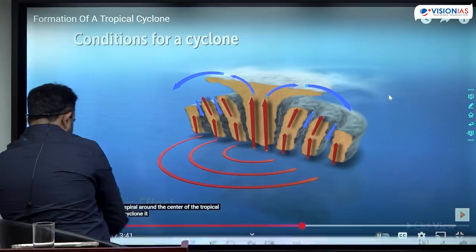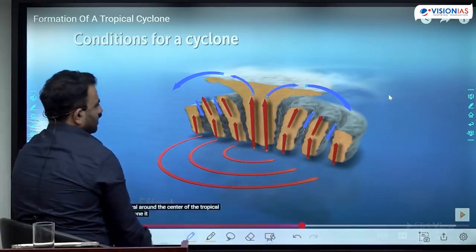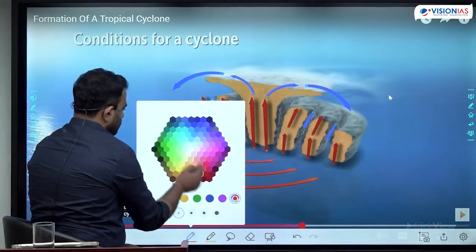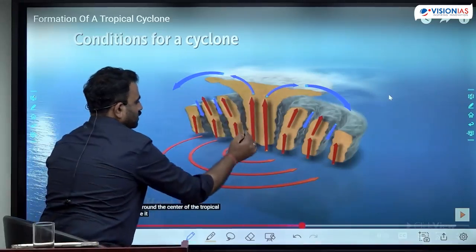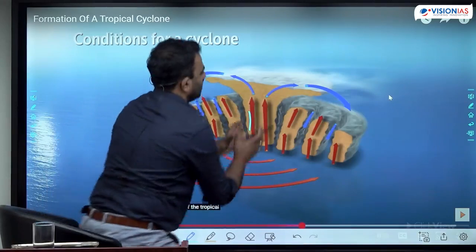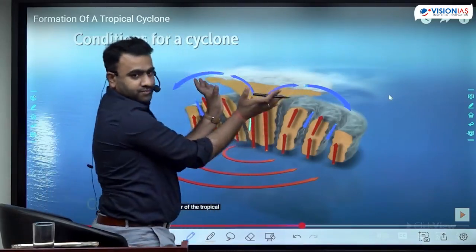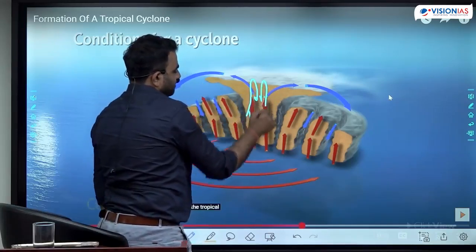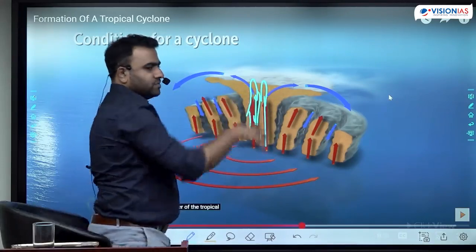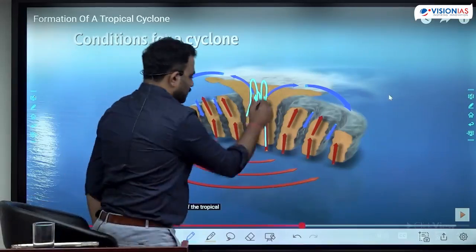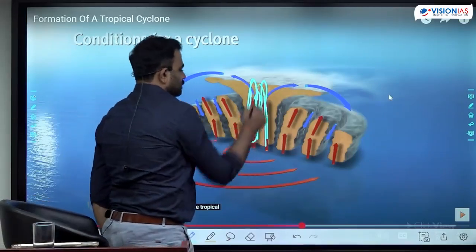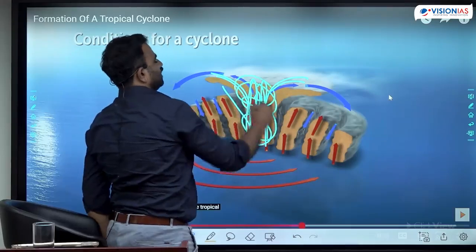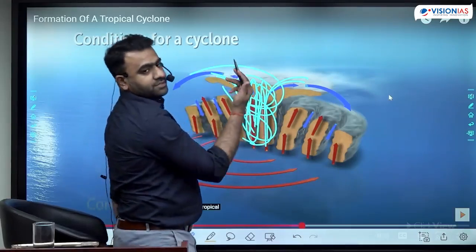In that, whatever the air which is rising, it is creating such a strong convection. Whatever the air which is rising, some of the air, because of its high density, does not even get a chance to go out that far. There's a huge amount of air rising. Some of this air will start to subside here itself. Under its own weight, it starts to descend right here. Once it subsides, it comes down, again rises, again subsides. Most part of it is moving away. It goes outside, circles around, and then comes out again. It spreads out like this.